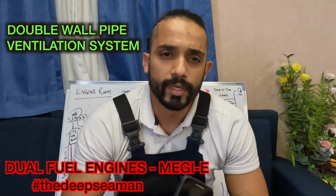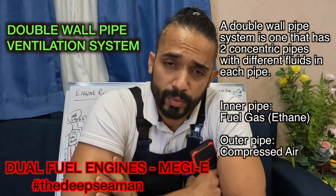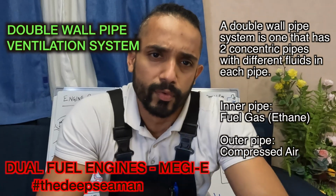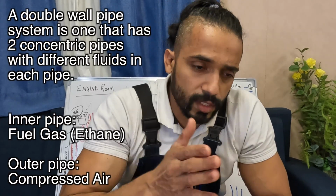Hi guys, good morning. So today we are here to study the double wall ventilation pipe system, the fuel gas supply system for dual fuel engines. The one that I'm doing is a MEGI engine. Most of the ships with dual fuel will be pretty much the same setup. A few components here and there would be slightly different, but let's look at this one so you can use